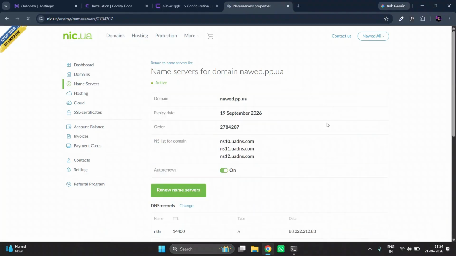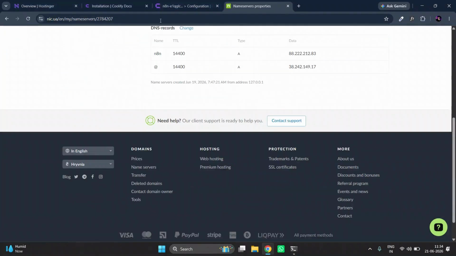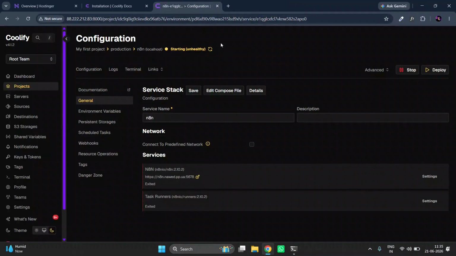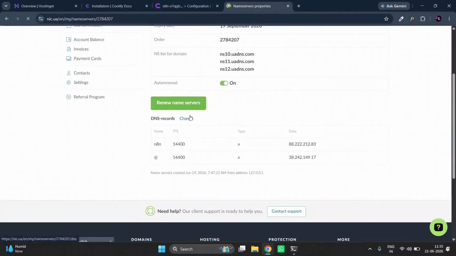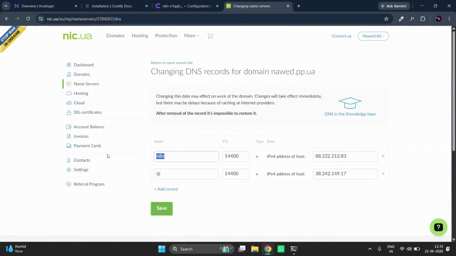So voila, we have successfully pointed our domain to the IP address of our Hostinger VPS. Now, let us see if our Coolify deployment has started or not. Okay, let us do one thing. We can add a wildcard so that we don't need to add our DNS records frequently. Okay, this is a wildcard